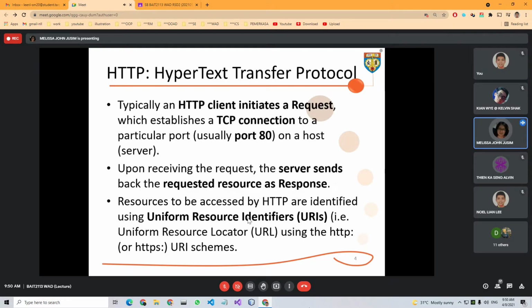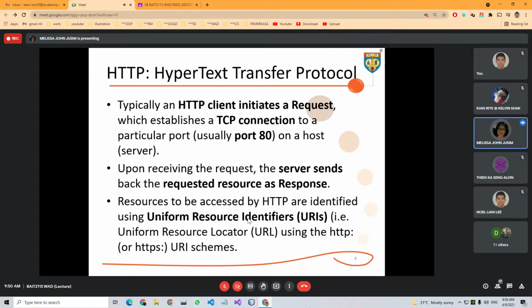This is basically how it works. First of all, our client will initiate the request and establish the TCP connection, normally on port 80 of the host server. Once the server receives the request, it will send back the resource as a response.